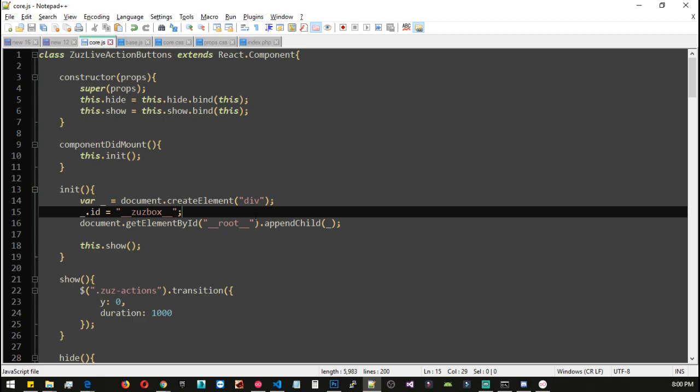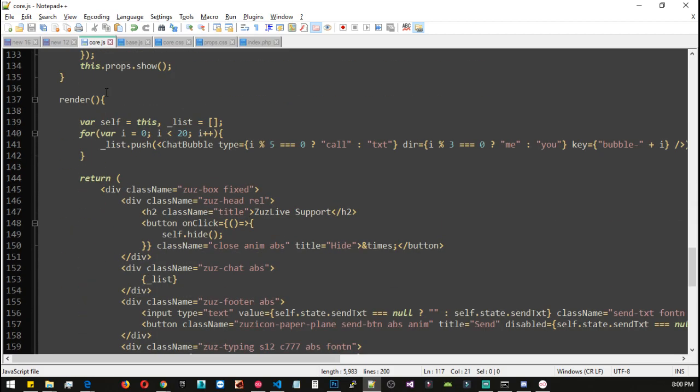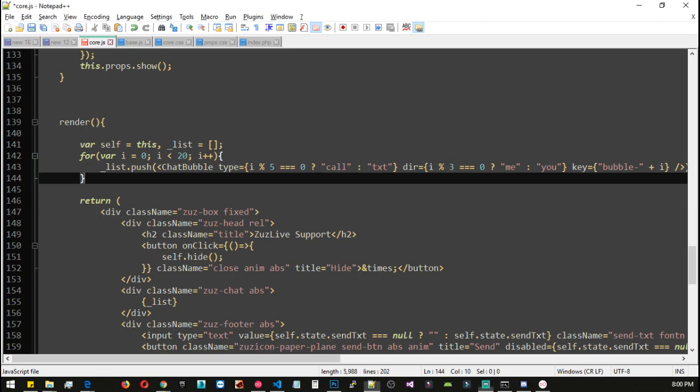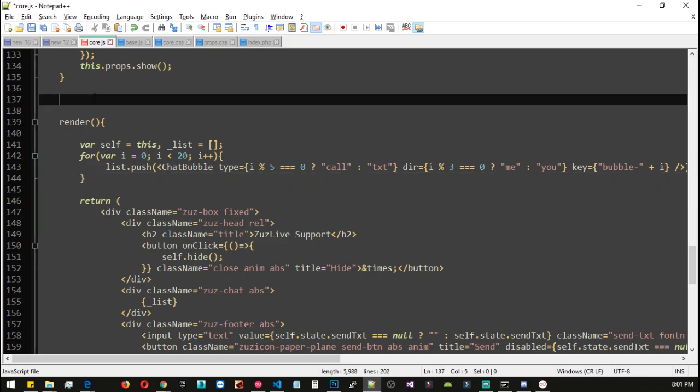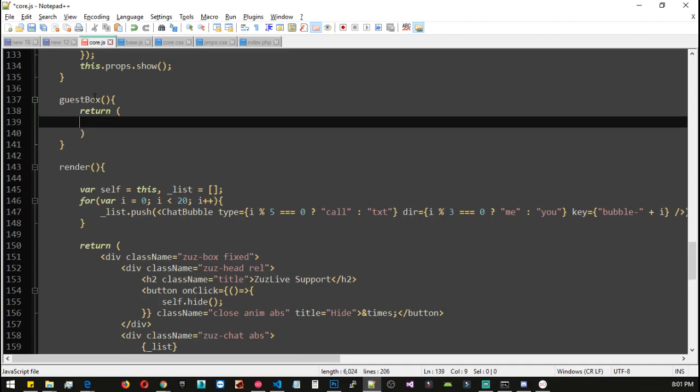So let's go to core.js, and inside our Azure support box, let's create a view and call it guest box, and inside we should simply return a div, give it a class name,